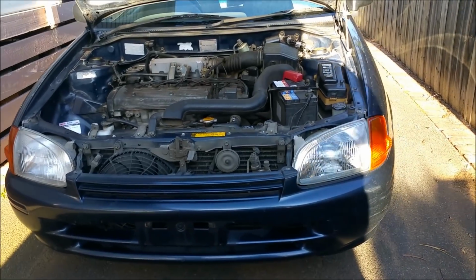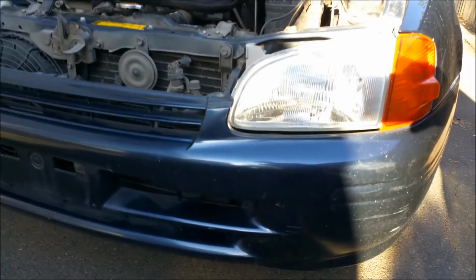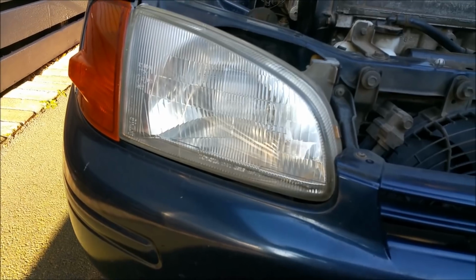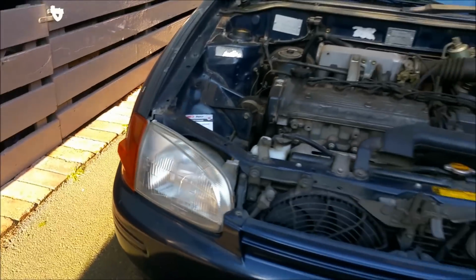Yeah? You know what's funny about these? See how clear that headlight is? And that one's all foggy? Yeah. That's the second one of those that I've seen like that. I don't know why. Any further thoughts? I mean...